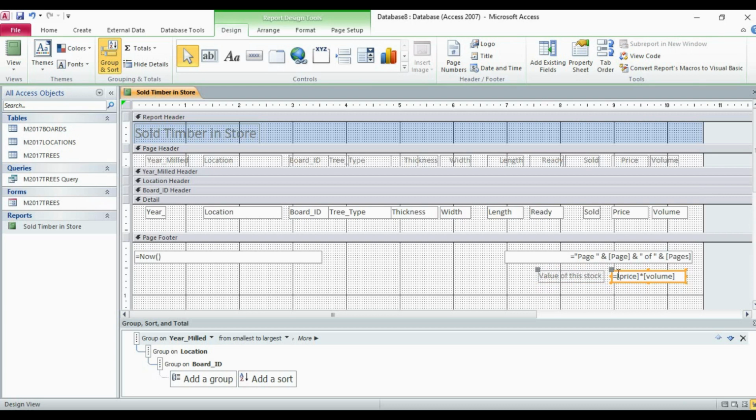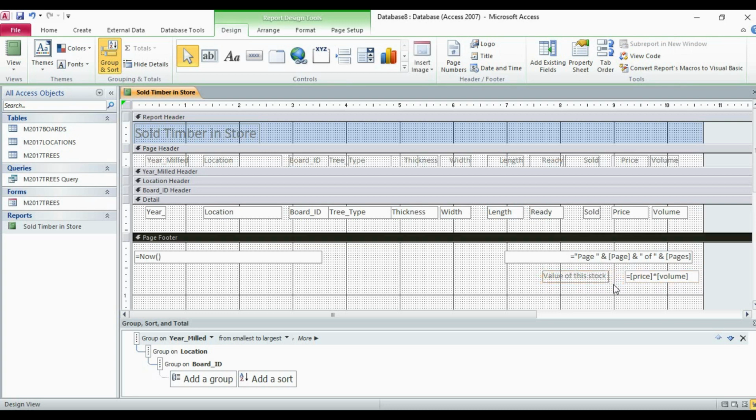Once you do it yourself, you will feel it is easy. If you are feeling that it is going to be difficult, don't worry, this is not difficult, but it needs practice. So now we go to the report view.